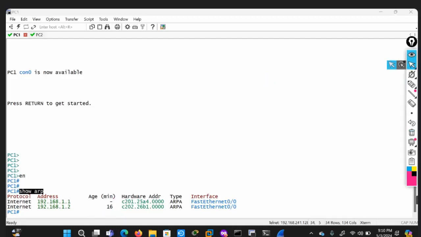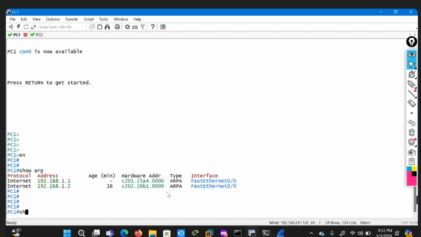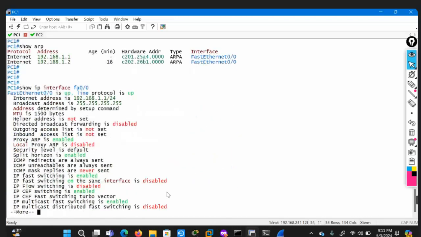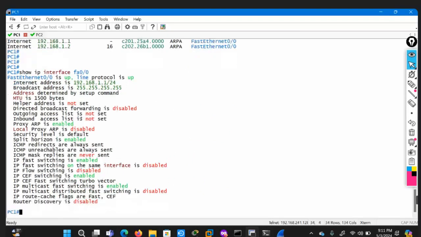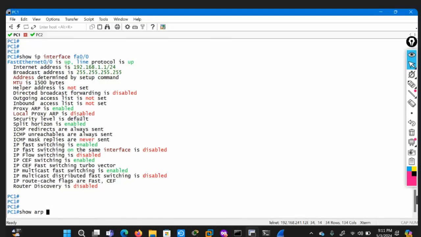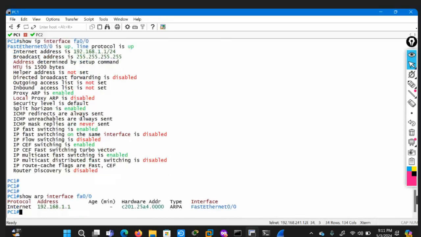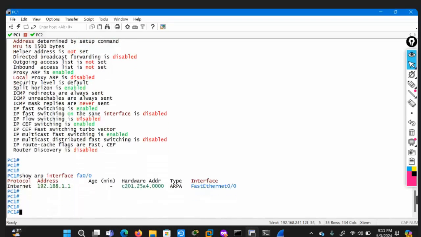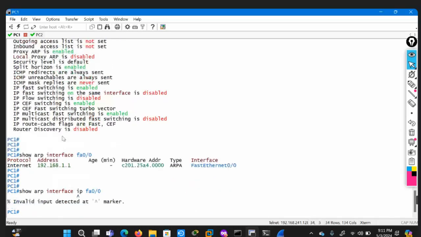If you want to see the aging time of the ARP, we can type the simple command show ip interface FastEthernet 0/0, or show arp interface FastEthernet 0/0.